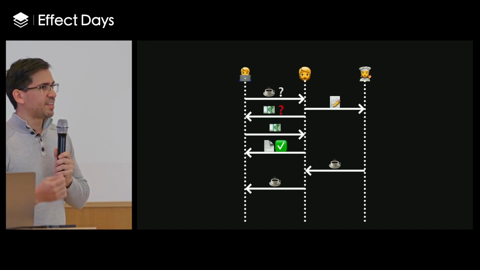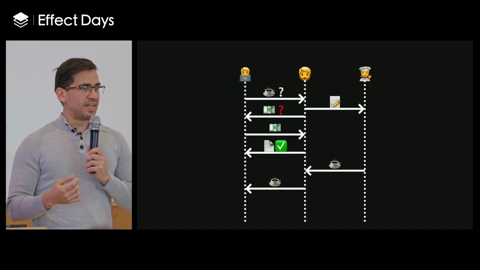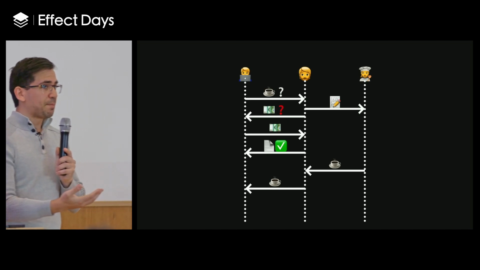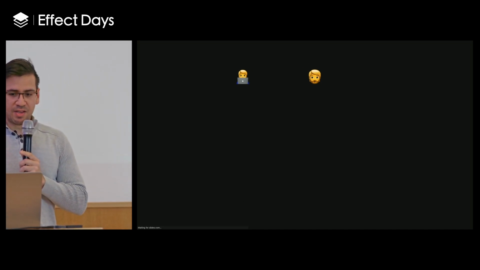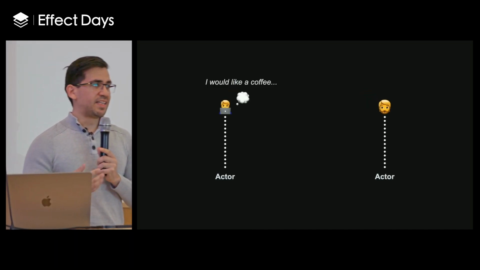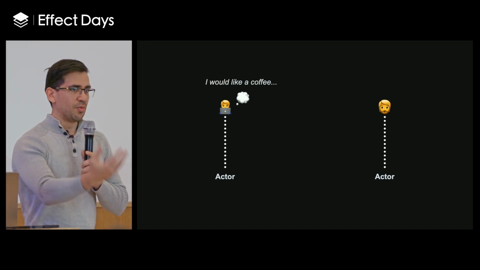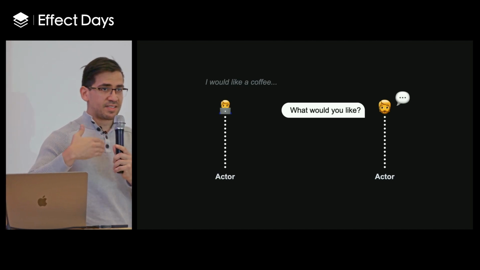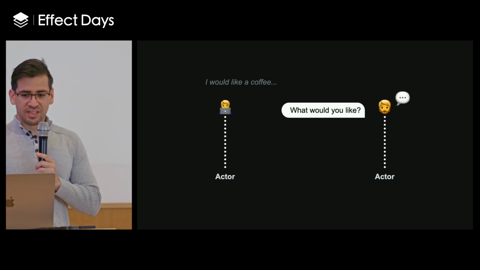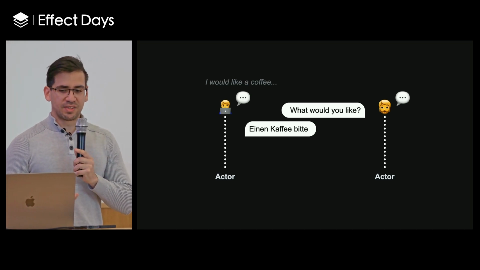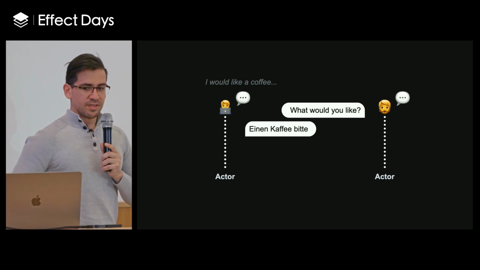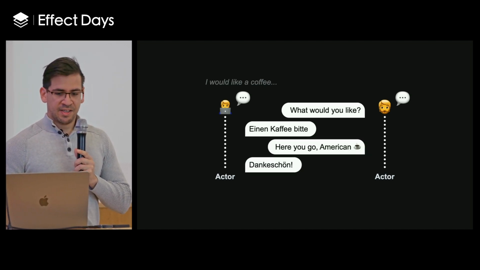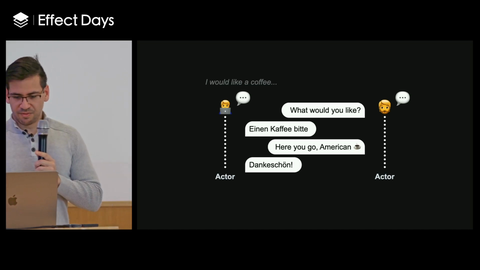That's why I really like the actor model, because it's very understandable from the real world. It's just people communicating with each other. And in our applications, actors also communicate with each other too. So again, just like I cannot read your mind, a cashier cannot really read your mind either. It's that human-to-human communication that really exemplifies what the actor model is. This is like one of two German phrases I know. So they would say, here you go. And I would say the only other German phrase I know.